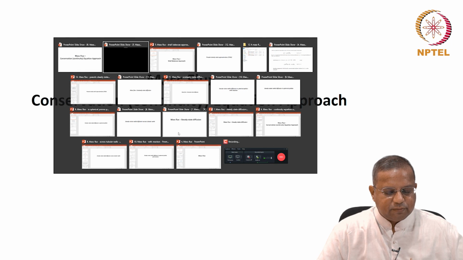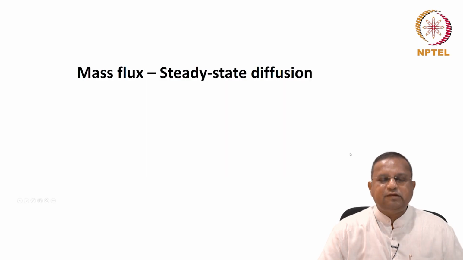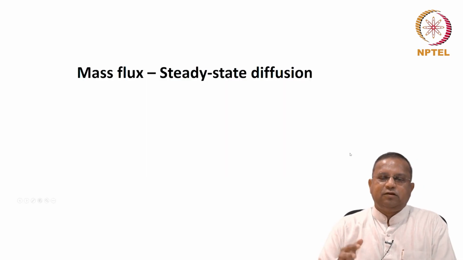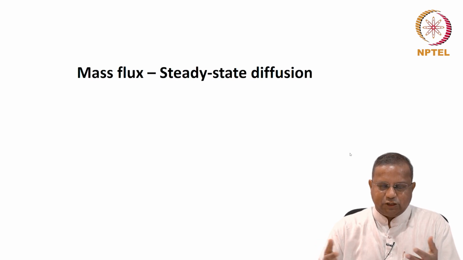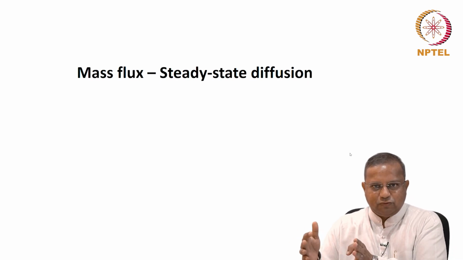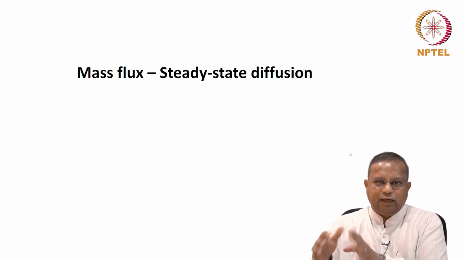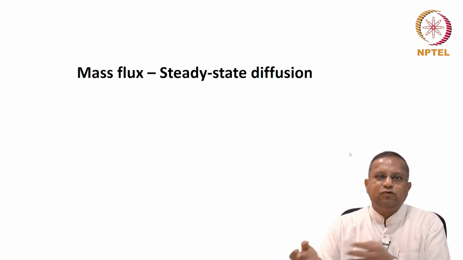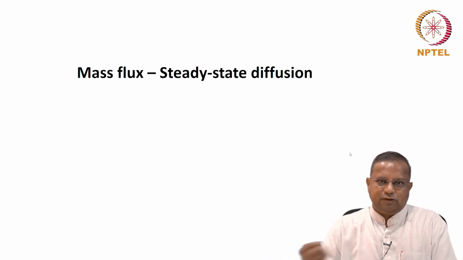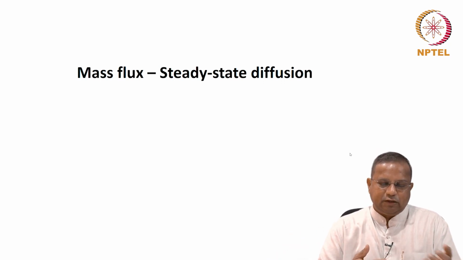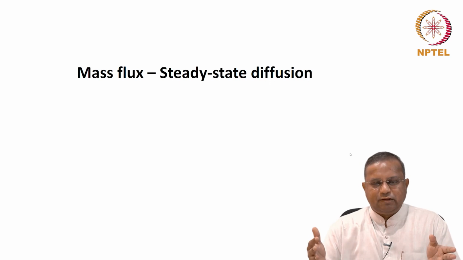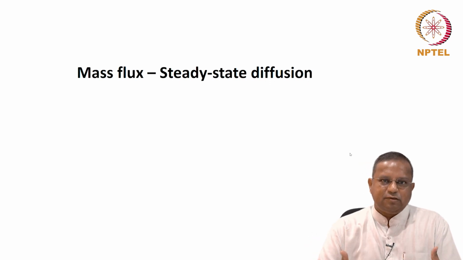Then we looked at steady state diffusion. We started applying the conservation equation because we have derived the relationship directly. I asked you to make a copy of these tables, soft copy, hard copy, whatever it is, and keep it for ready reference because we will be using it many different times. As you have already seen, we directly go to those tables, pick up the relevant equation and use it, cancel the irrelevant terms, and whatever remains is what gives us the basis for analysis.